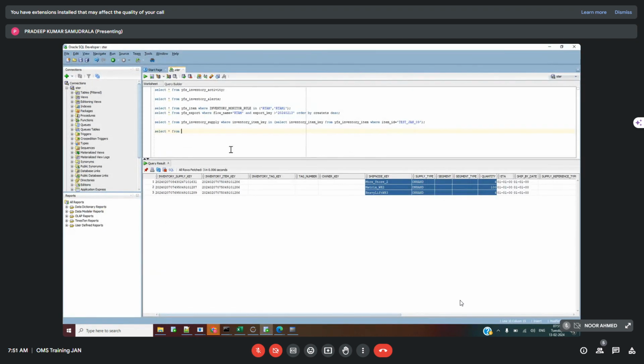So let's start from here. Data key in order where order number is equal to